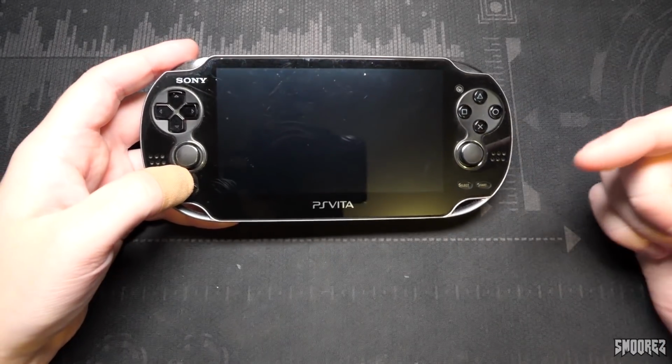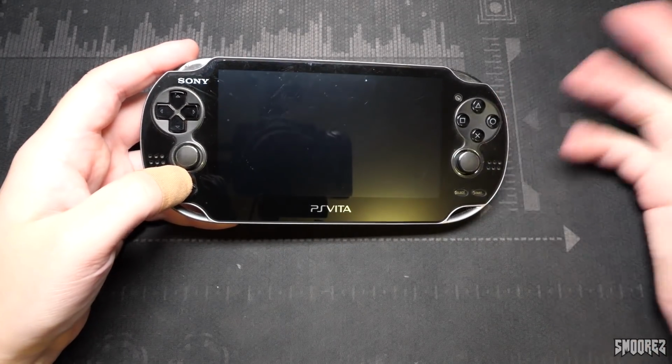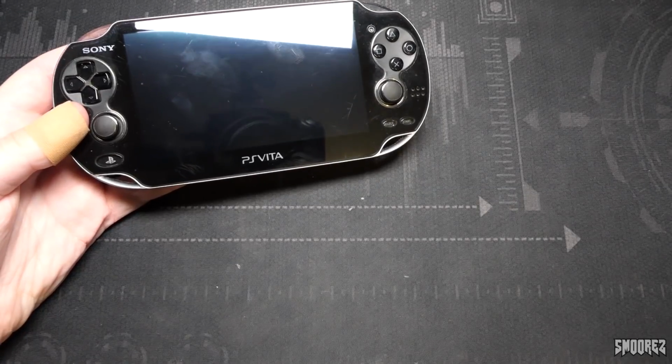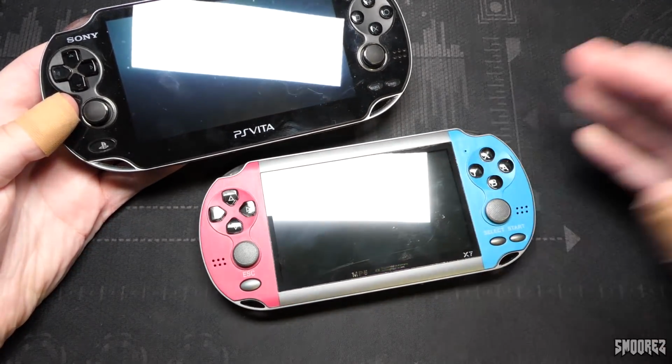I do have the second model, which I have put some custom firmware on, but I haven't really played with it since. I just use my Switch for handheld gaming now. But this is the PS Vita, all original. Got a lot of fingerprints on it. And presenting our Nintoni Sweeter thing that...